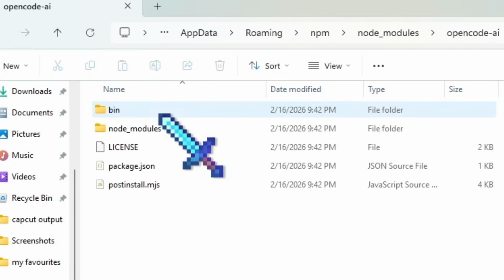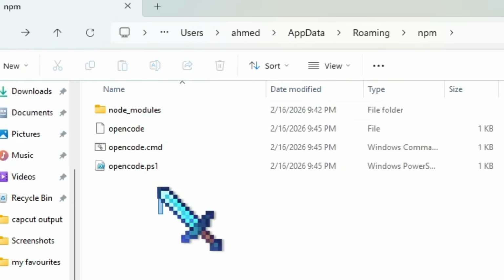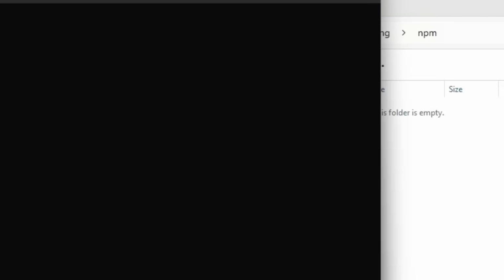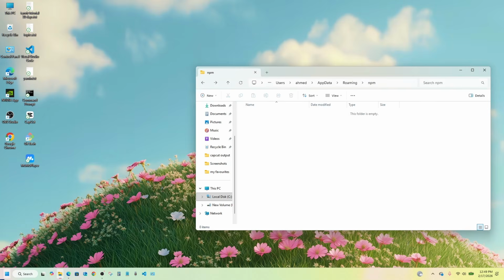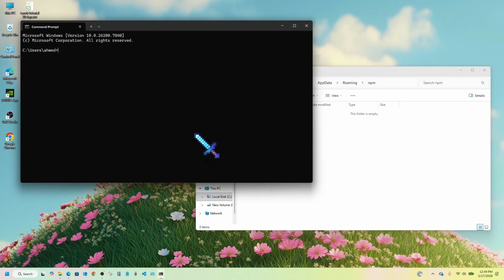Then here we have Opencode AI, all the things. Now what I have to do, we have to actually remove everything from here, okay? So delete everything from here. Now, if you remove it and reopen command prompt, and if you say here Opencode